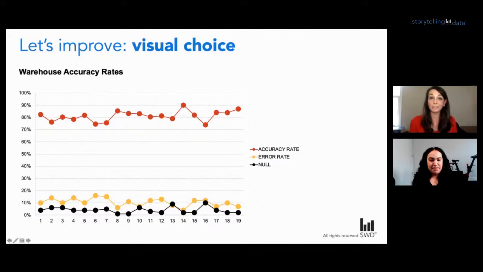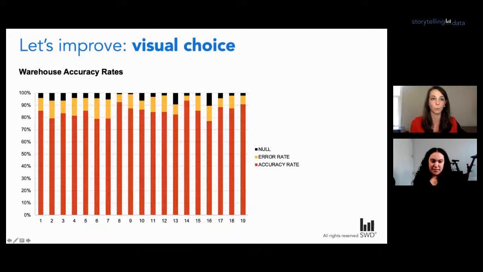Right. And this is the danger of leaving it up to our tool to choose our visual for us. Because if we take a look at the horizontal x-axis, it actually looks like continuous data, time series data. But this is in fact categorical because these represent the warehouse IDs. Right? So we just need to be aware of how we graph our data and does it actually make sense just because my tool gives me hundreds of different visual choices, right? So I'm in agreement with everyone here that a line chart is not particularly an effective way.